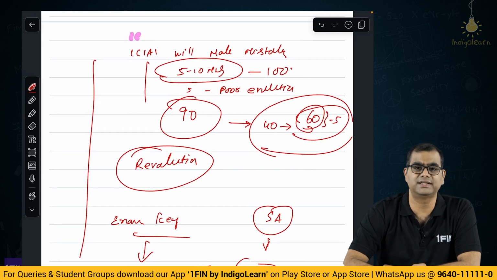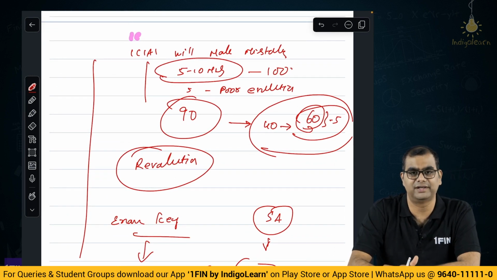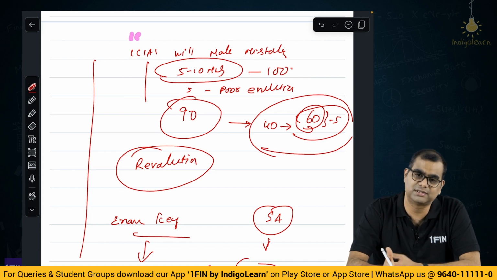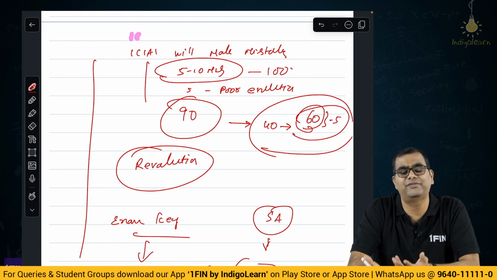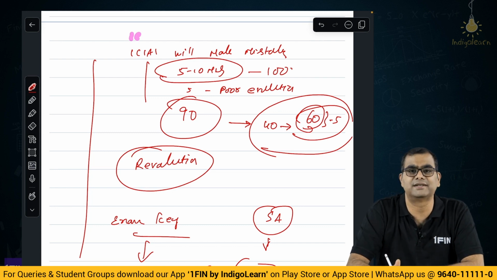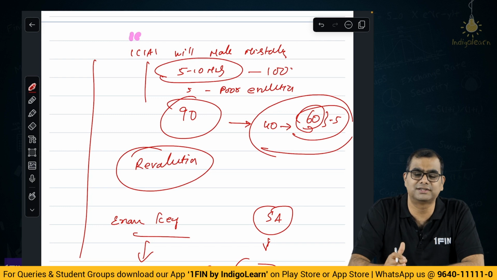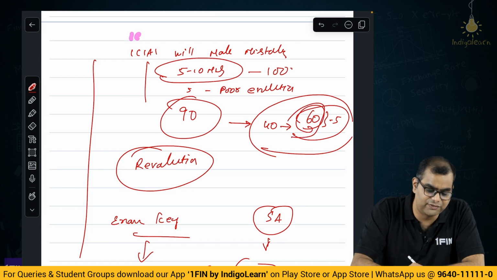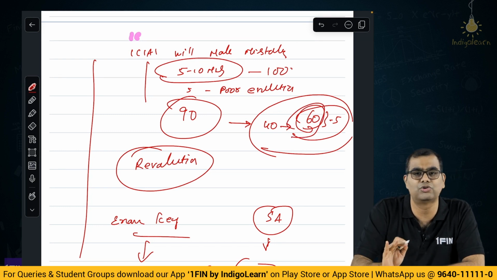My strong suggestion, guys, life is tough. It happens. I know a lot of you may say it is easy for you to say, sir. Arey boss, even if it is easy for me to say, how is it going to change your position? You have to clear the CA exam. So please focus on clearing the exam. You have the balance 55 marks where you can score. Please work on scoring that.